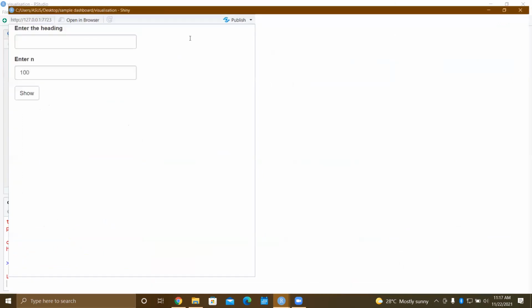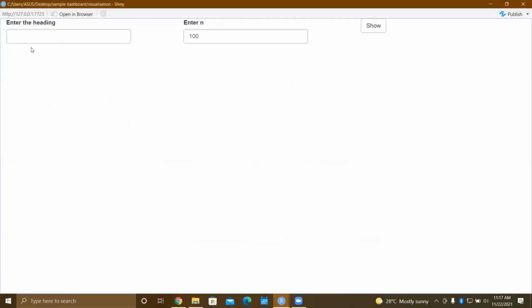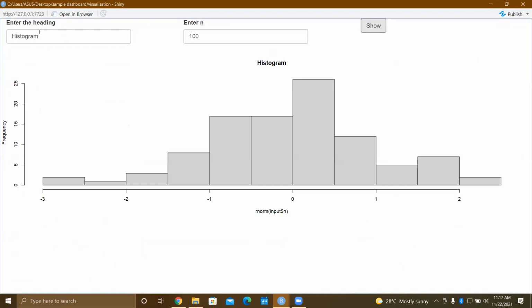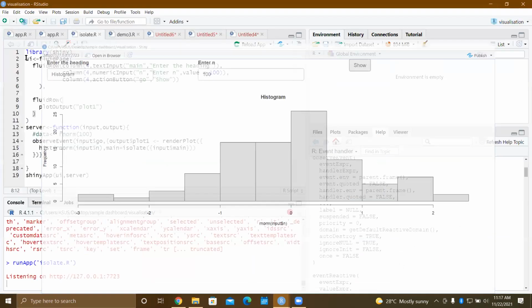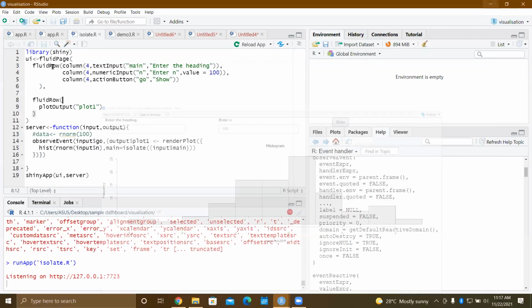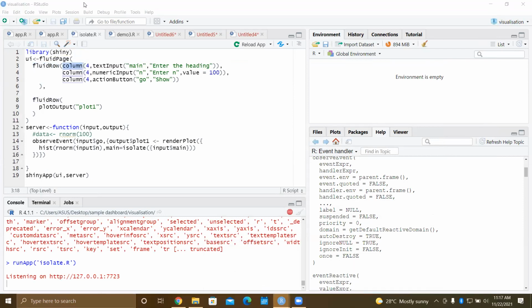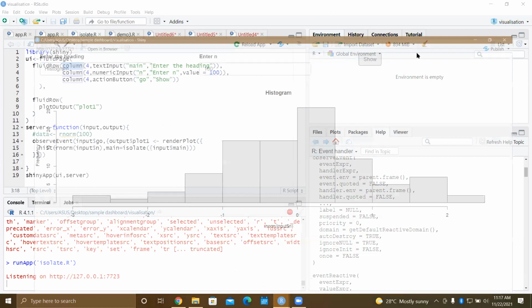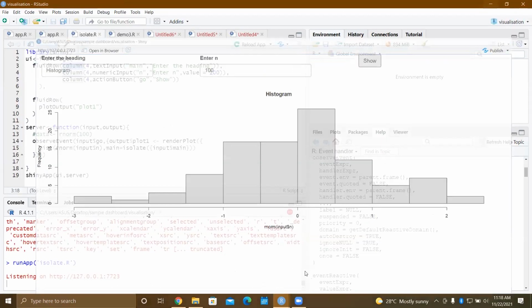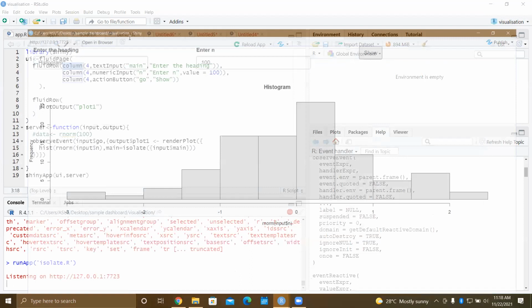You can see this is showing side by side. In a fluid page, there are elements called fluid row, and inside fluid row, you can create columns. This is one column, this is another column. In total, you get 12 units of space.